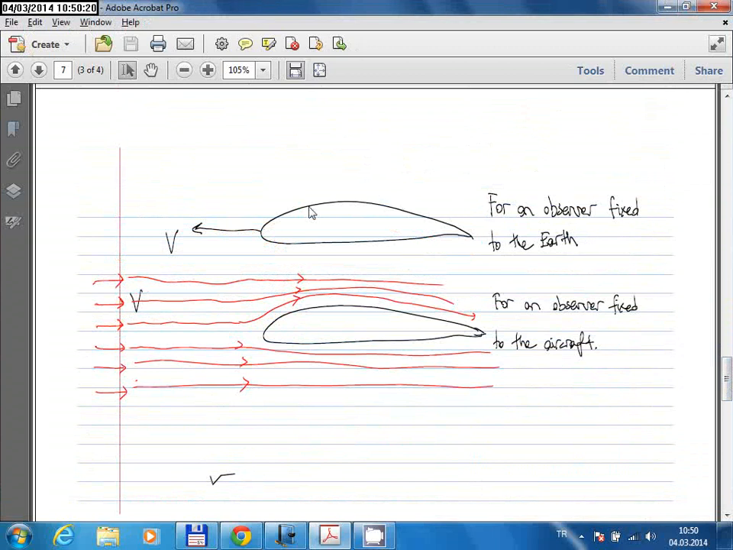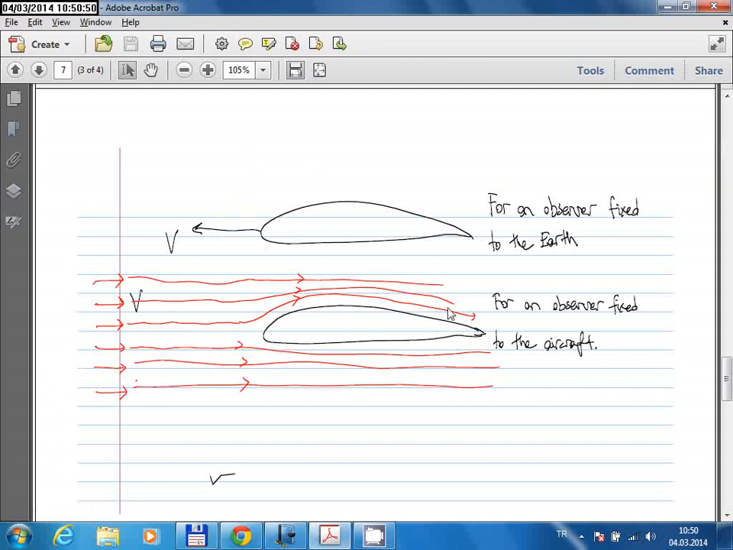So what you see here is what we call an airfoil. This is basically the cross section of an aircraft wing. When the aircraft wing is in motion, it has a certain velocity. This V represents the speed of the aircraft. There's another way to view this, and that is, if you are fixed to the aircraft, then you will see the airfoil as fixed, but instead you will see air flowing through your airfoil,